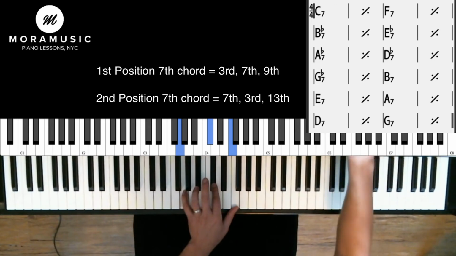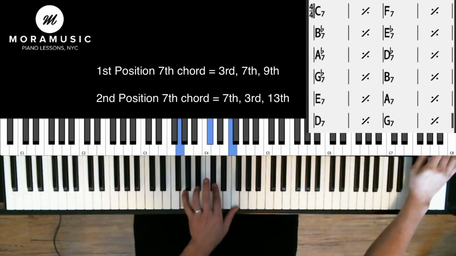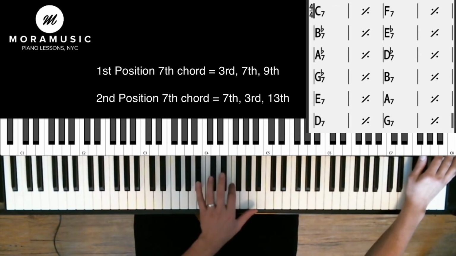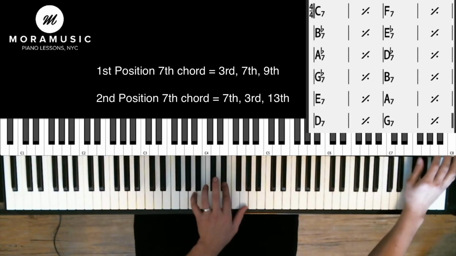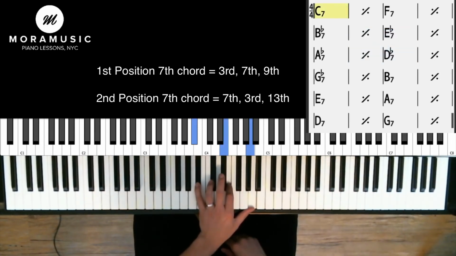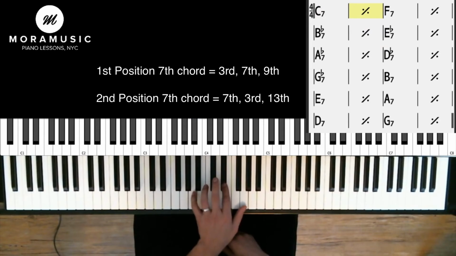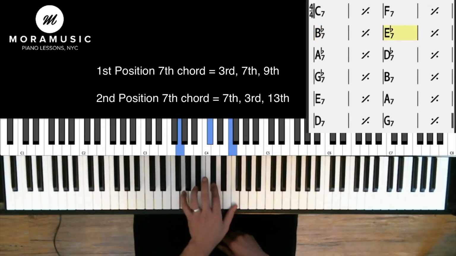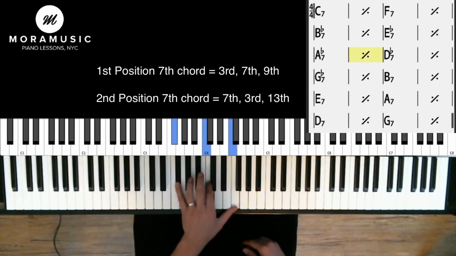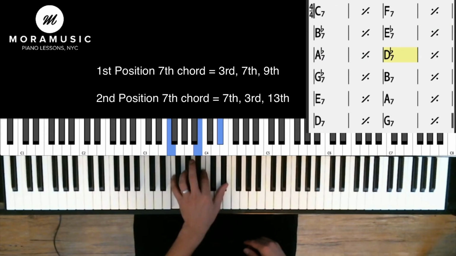We're going to put the music on and now we're going to flow in this new position of second going to first. All right, let's flow. Here we go. Second position C, first position F, second position B flat, first position E flat, second position A flat, first position D flat, second position G flat, first position B,